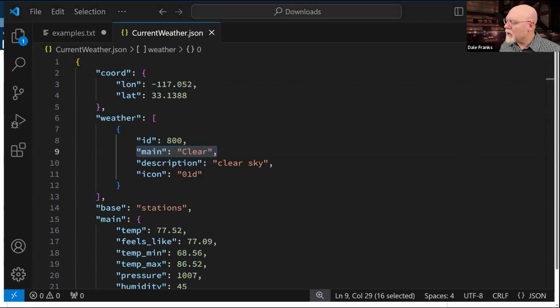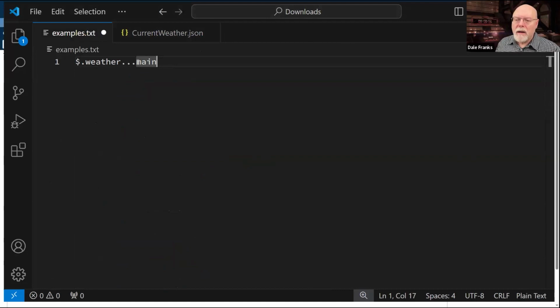Now, just like we did in XML, I can pull back pretty much everything. I can just do star.main, oops, sorry. You know what? Why don't I just paste it?